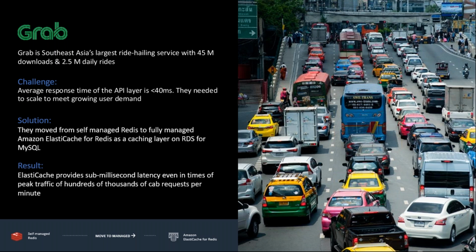That experience is a combination of using a caching and a managed service database combined together, which gives them sub-millisecond response time. So they are really able to scale this to millions and millions of requests per second. And this is a very good example of using database modernization and how it can really impact and grow the business.